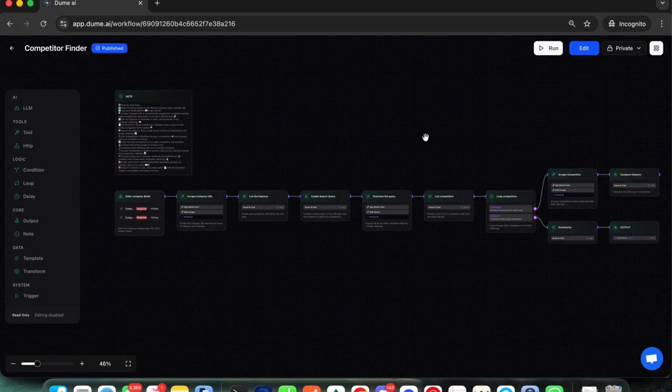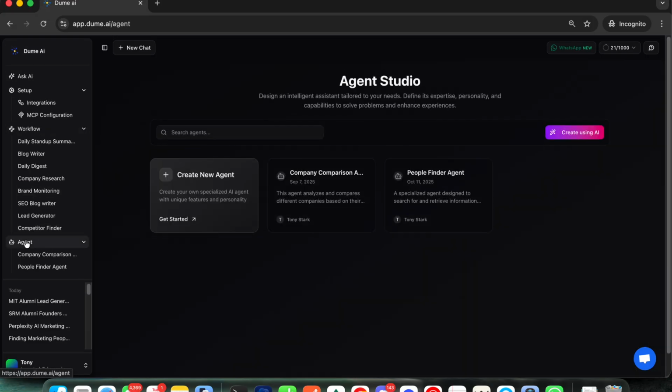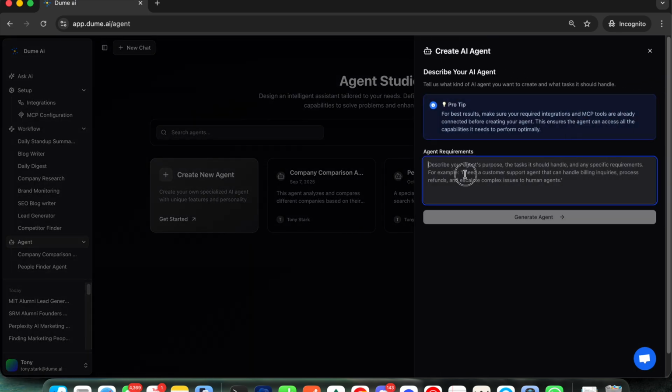Alright, so moving on, now since we have already cloned this workflow, and we have also published it, it should be available to our agents. So now let's go ahead and create an agent. We'll go to the agent and click on create using AI, and here I'm going to put